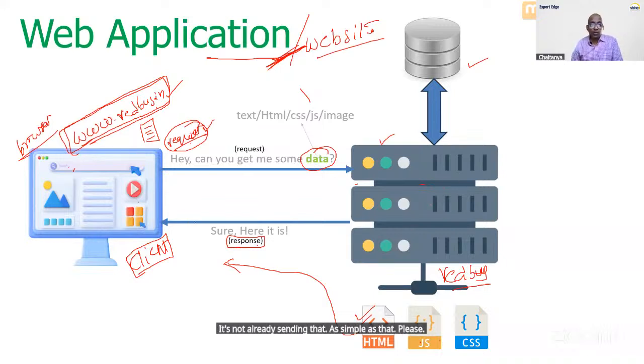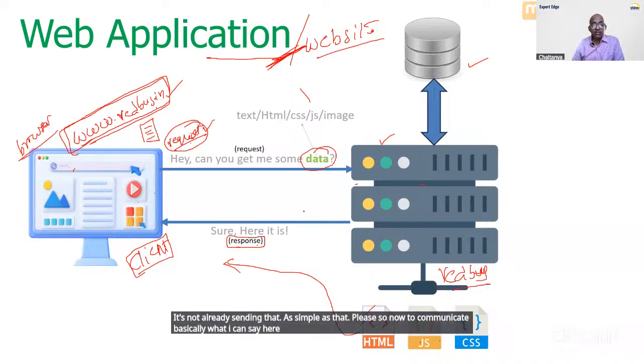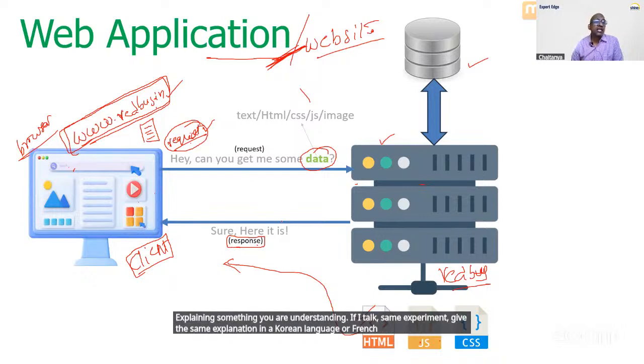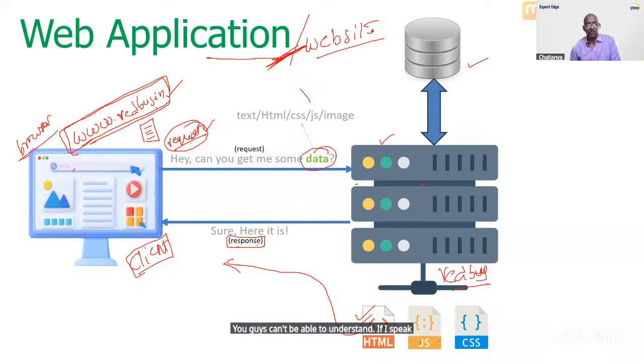So now, to communicate, the client and the server are communicating with each other. Communication means, for example, now I am communicating with all of you. I am explaining something, and you are understanding. If I give the same explanation in Korean or French or Italian or some other language, can you understand? You guys can't understand if I speak in Korean or French, right? Because